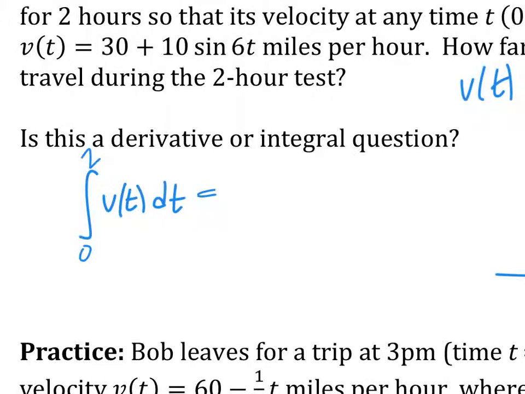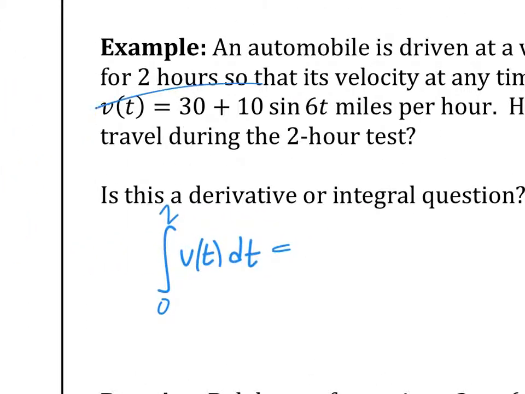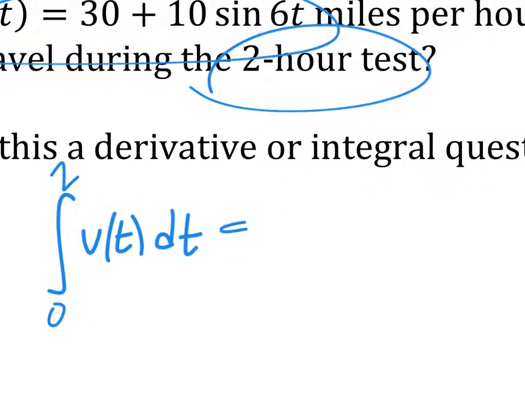Why do you want integral? Because they tell you how fast you're going. They tell you how long it took. The question is, what distance did you travel? So the integral from 0 to 2 of v of t is going to give you the distance this car traveled in 2 hours. So that is